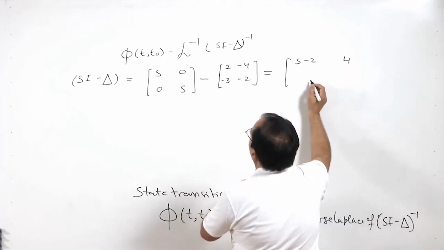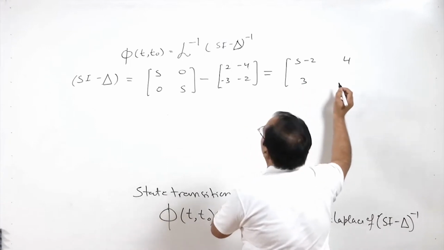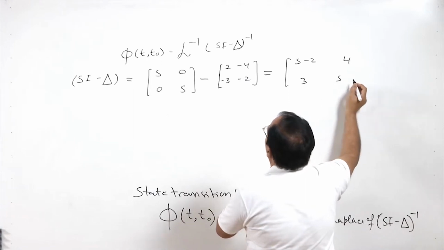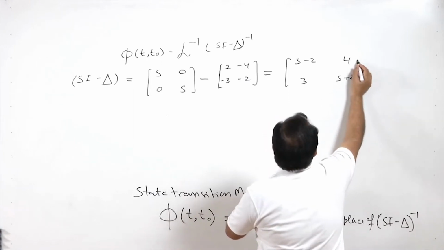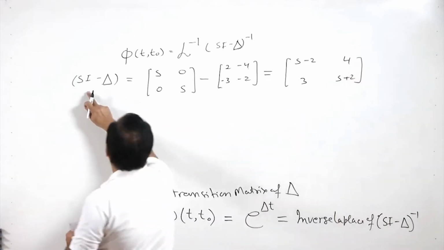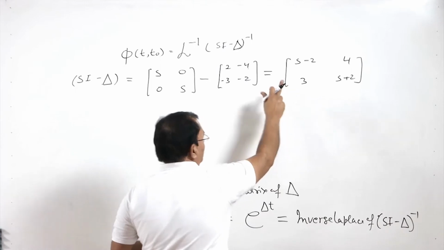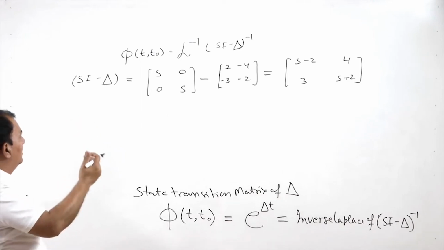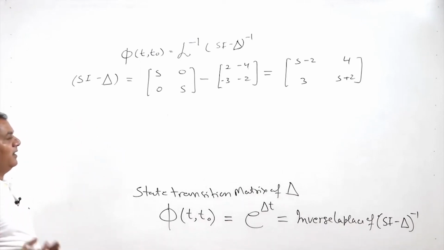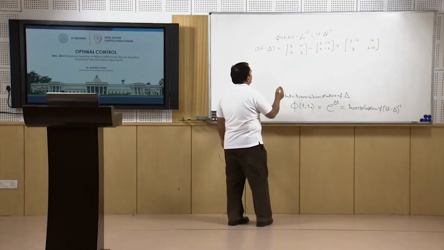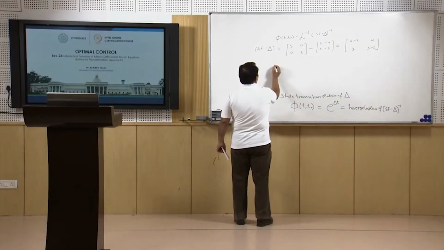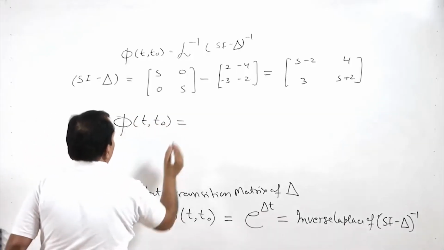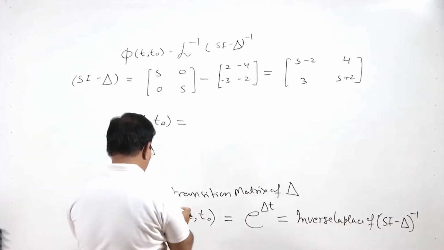4, 3 and S plus 2. So, I have to take the inverse of this matrix, which by the standard procedure we can do. We take the inverse of this and then take the inverse Laplace of this. So, if we follow this, we can write phi t0 as, I am directly writing the result,